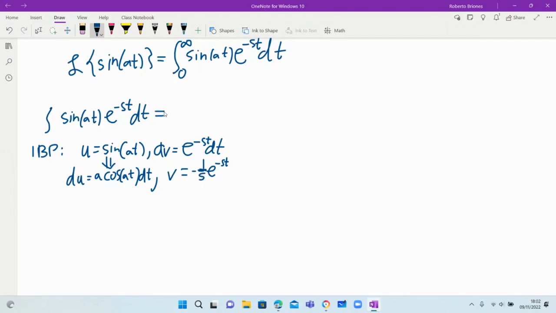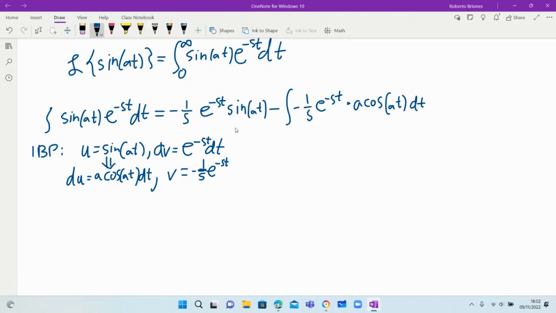So that by using the template for the integration by parts formula, we have negative 1 over s e to the negative st times the function u, which is sine of at, minus integral of the function v, which is negative 1 over s e to the negative st, times the differential du. So we have an a here, so times a cosine at